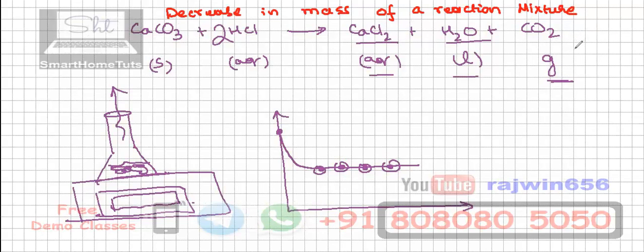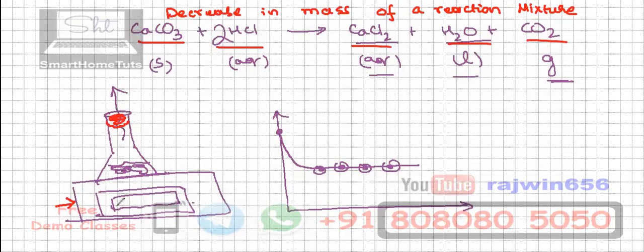Now the apparatus is shown over here on the left hand side. This is going to be our electronic balance. The arrow that I have pointed, a conical flask is there. Again, the same reaction we have considered: calcium carbonate, hydrochloric acid, calcium chloride, water, and carbon dioxide. Of course here we can't put a cork or a bung. We can put something like cotton wool so that nothing from outside can fall inside. That will come in the precaution part of the experiment.